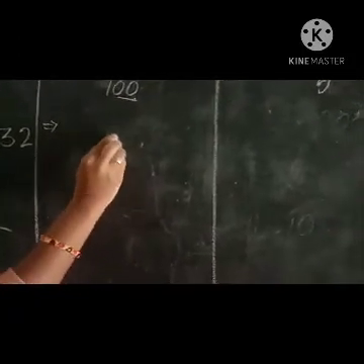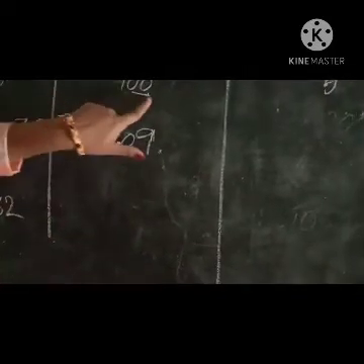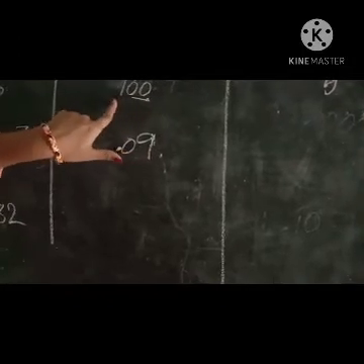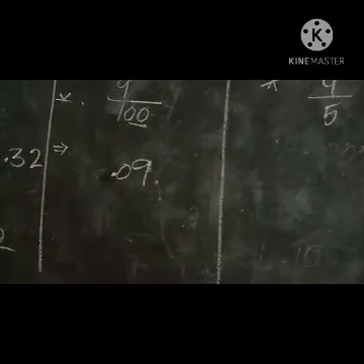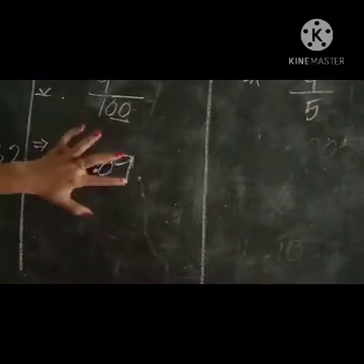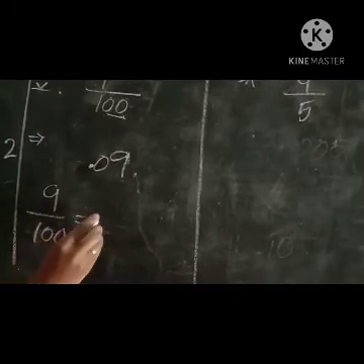First number we have to write 0. Again we have to write the number 9. Why? Because here 100 is there in the denominator, so in the hundreds place only we have to write the 9. That's why we write the number 9 in the hundreds place. So 9 by 100 equals